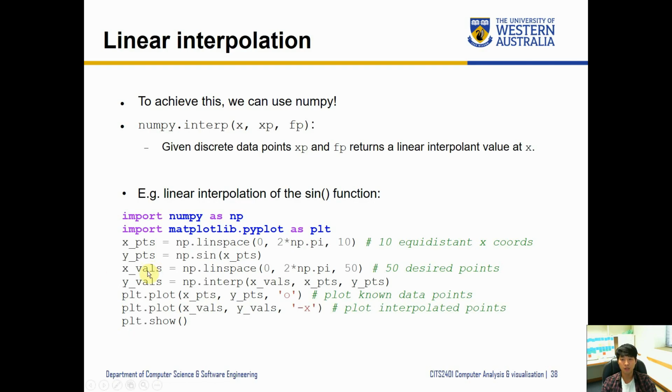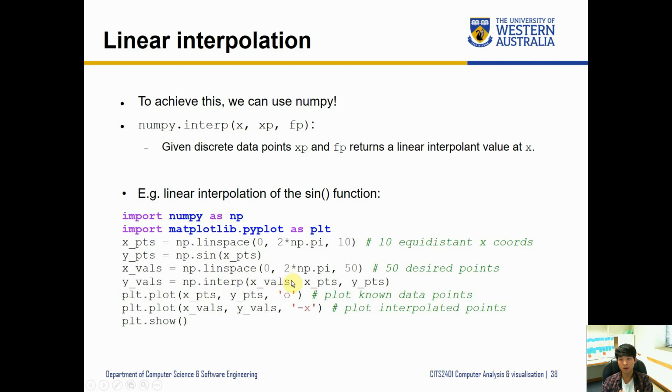The new x values are going to be linspace of 0 to 2 times pi with 50 points. So we have the same range from 0 to 2 pi, but what we want to do is interpolate 50 points. Here we know 10 original points, and we have the y points, but here we're going to try to guess 50 points. Some of them will overlap, but 50 points to see where they might fall. The y value is going to be interpolated using our x values,